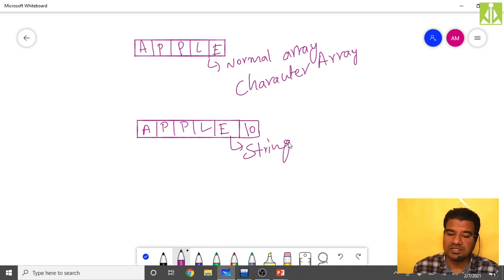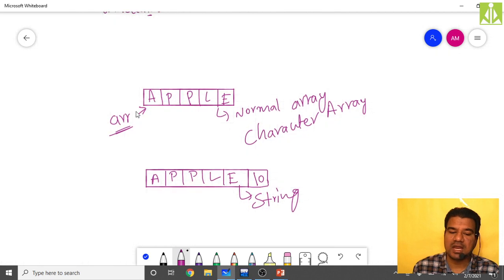As we said, in the case of a normal character array, let us assume the name of this one is ARR. That is the identifier I have given over here. Now using this ARR, how can I access all the characters? This is my 0th index, first index, second index, third index, fourth index. Inside an array, in order to access the characters, we depend on the index value.